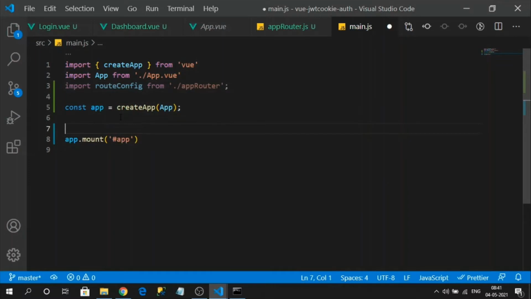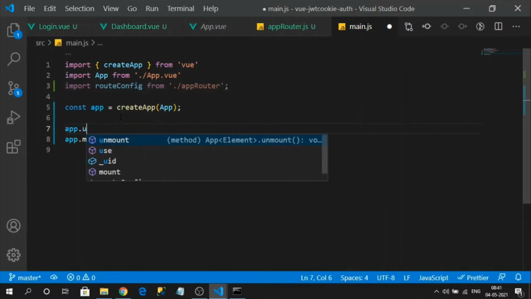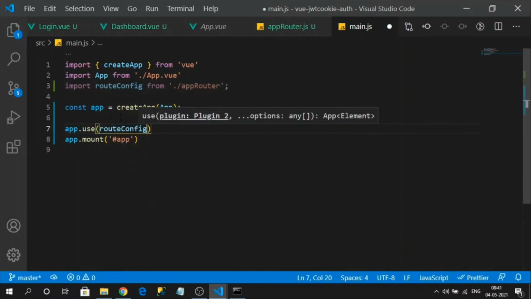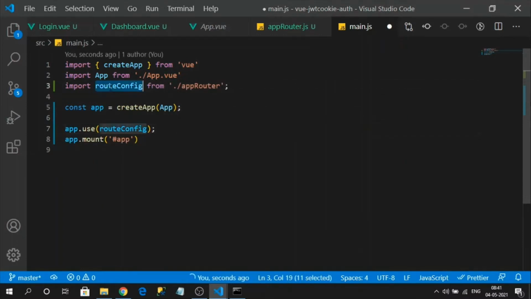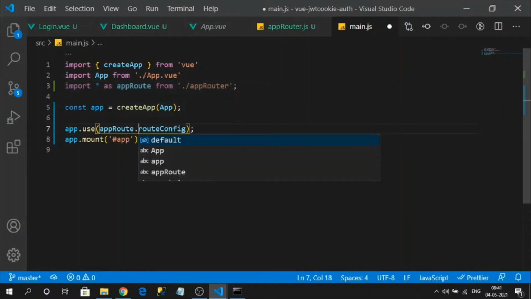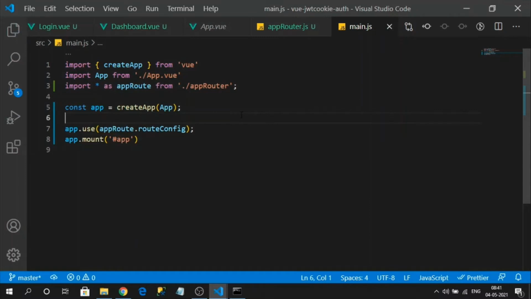App.use(routeConfig). So it should be like this, app router. From this, I can access that property. Like this, we need to integrate our vue-router instance into the Vue instance. So let's check and navigate to our